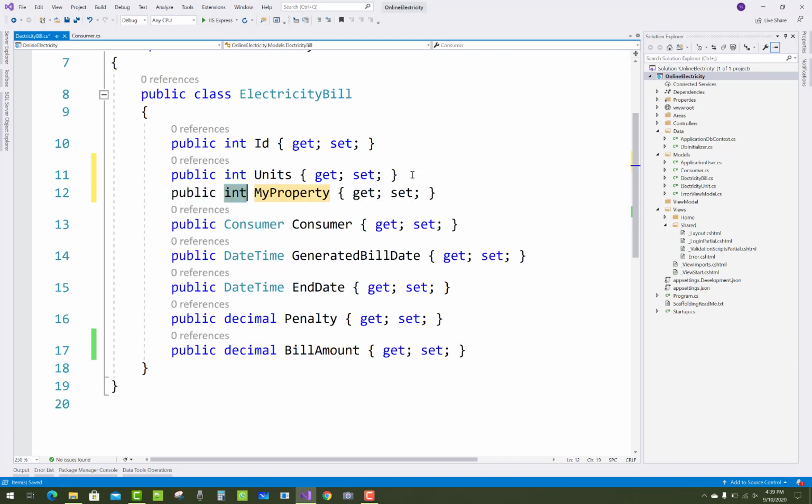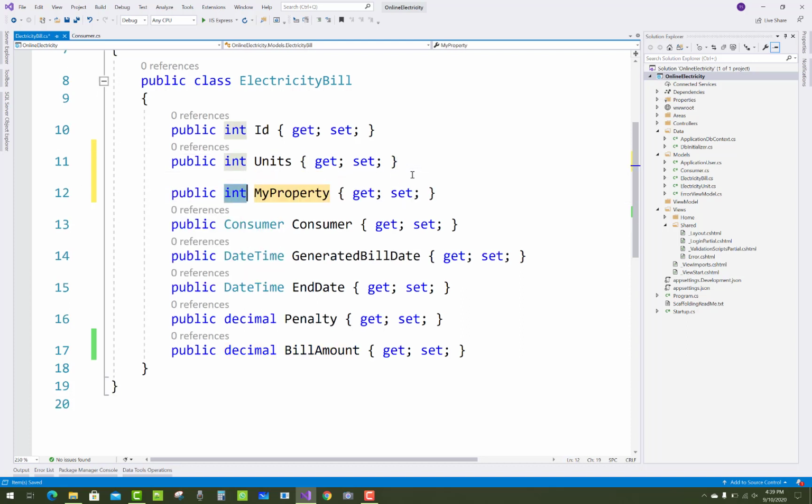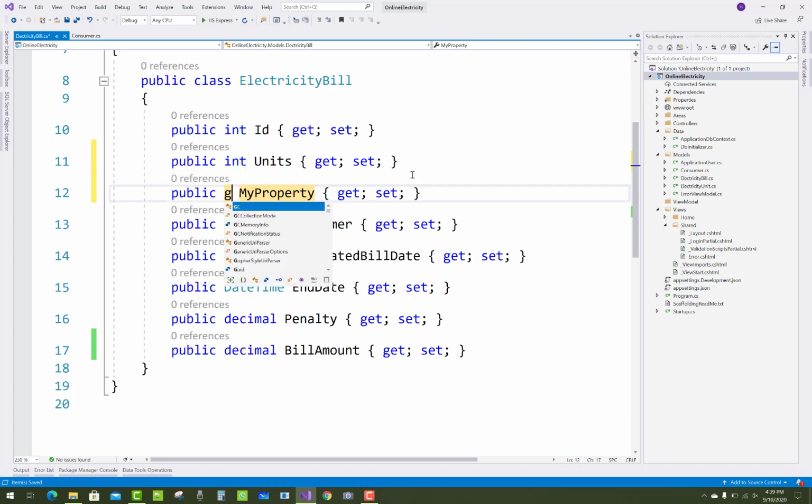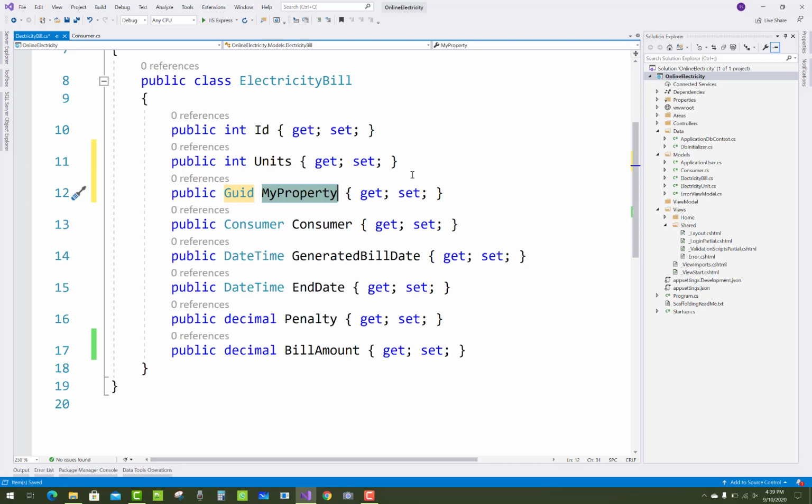That is the basic thing you can add. You could also add a consumer ID here, but there is no need, because we can get it from the Consumer class or the ApplicationUser class, that is, from IdentityUser. So there is no need to write it here, just remove it.